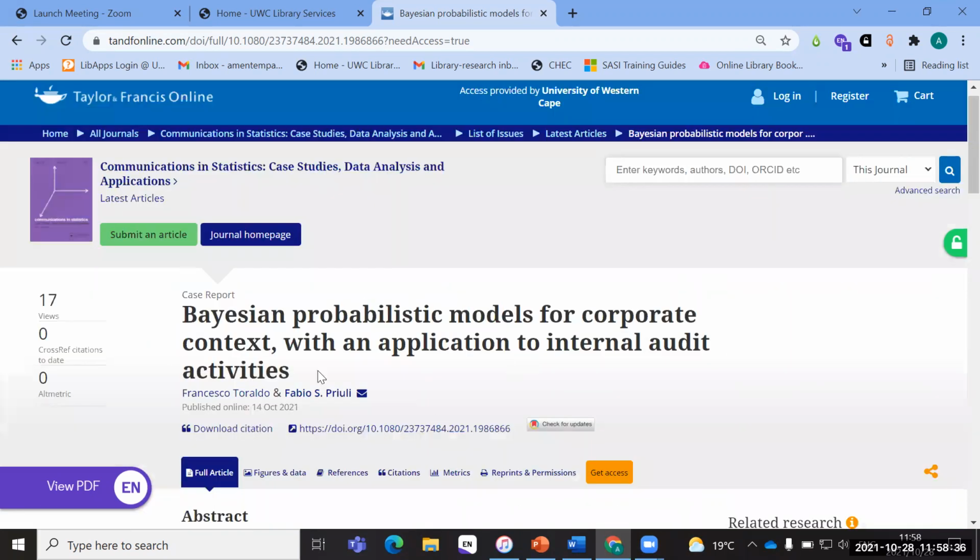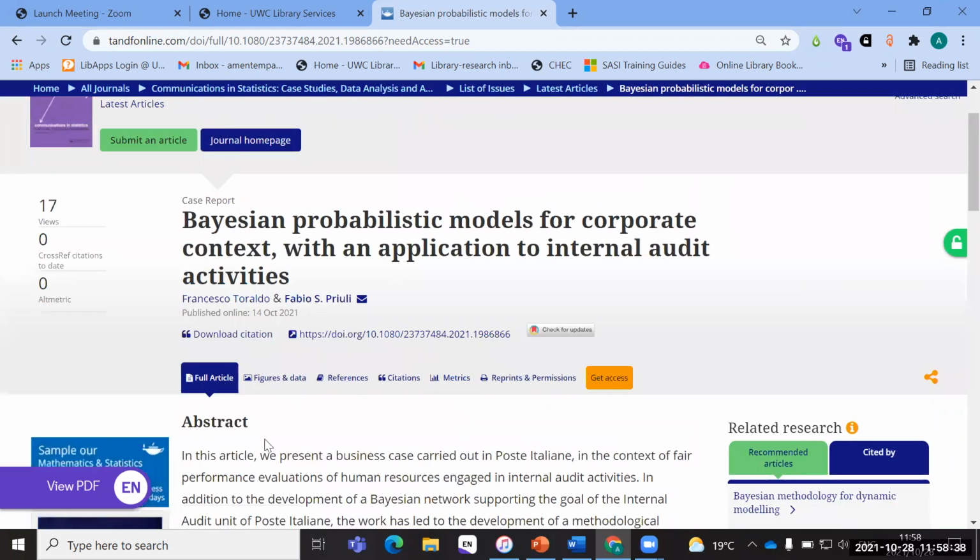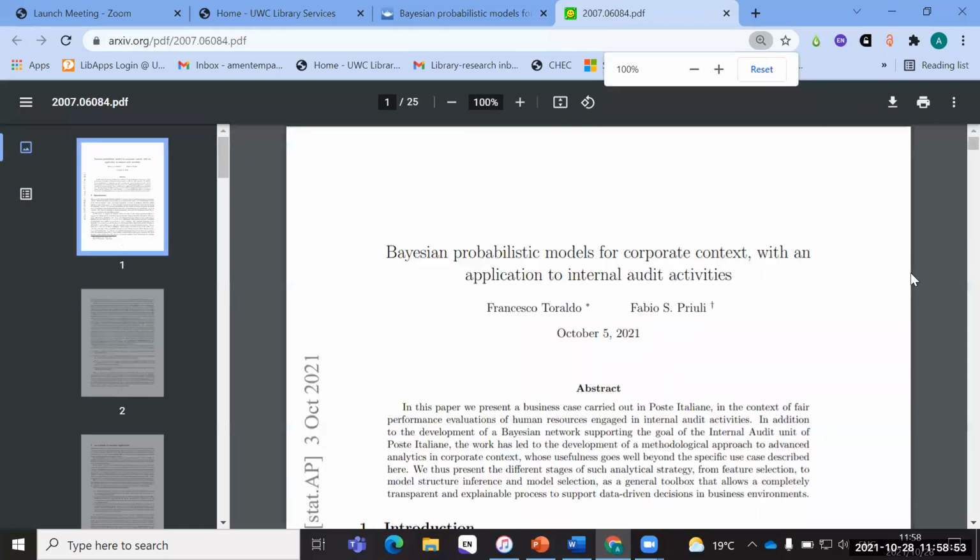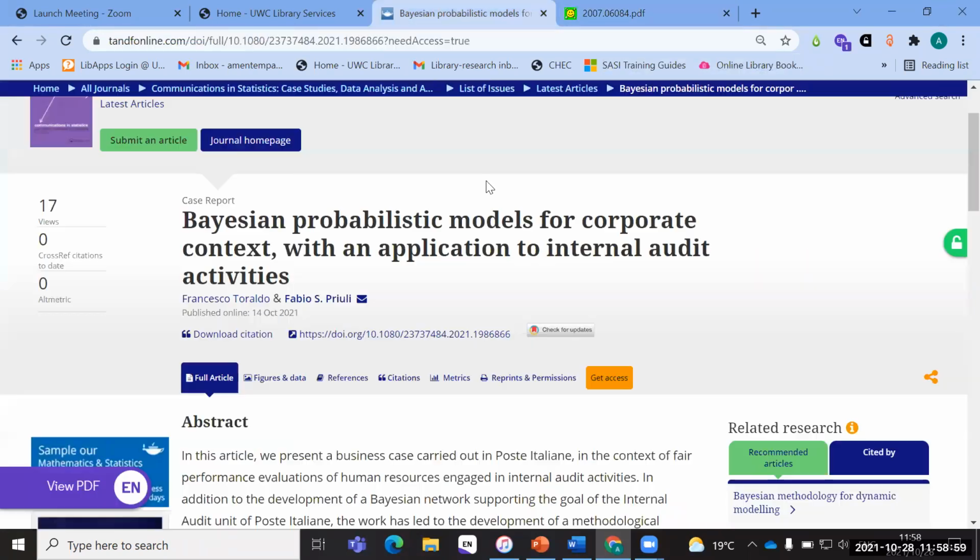However, the very same article is available through open access. If you look at my Unpaywall panel on the right-hand side of my screen, it's green and it's unlocked. So if I click on that, it takes me to the PDF version of this article. So despite the paywall, I am still able to access this content